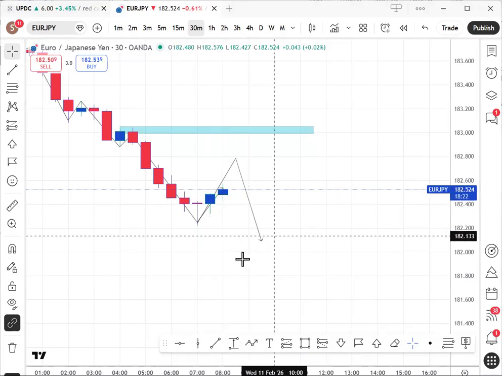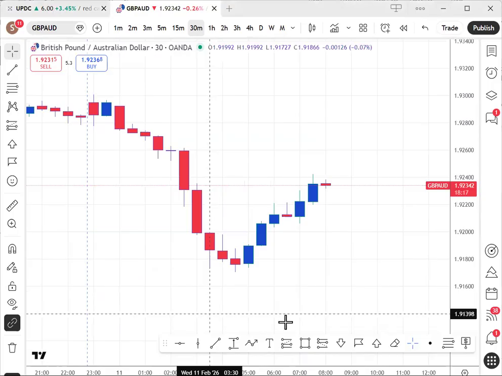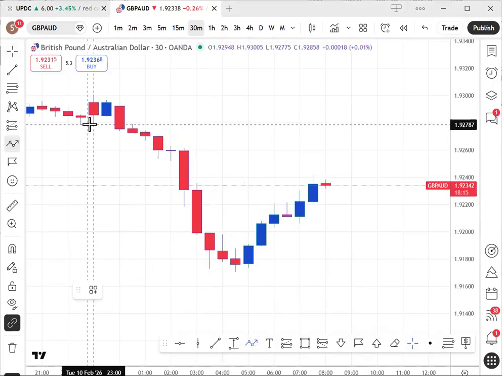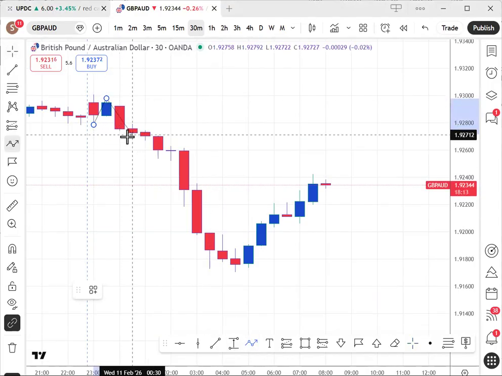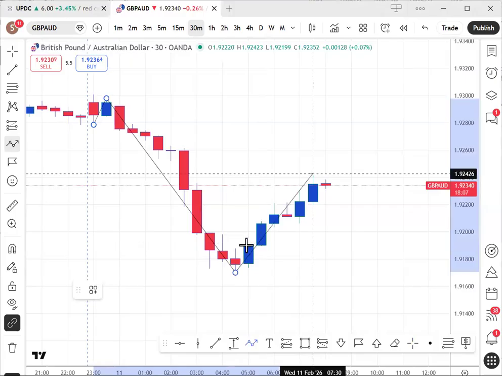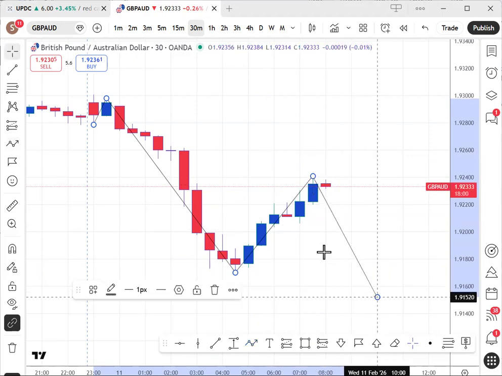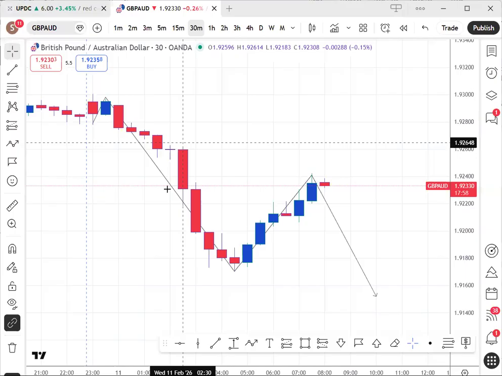Let me see. Let's look at the next pair. This is Pound Aussie. Pound Aussie moved down very nicely. So it pushed up, nice break of structure. In fact, there was no opposite candle. It came all the way down. So now it's pulling back, and it has a very deep pullback here, right? So we expect, let's see if it's going to come down from here, right? Or it will do something else.